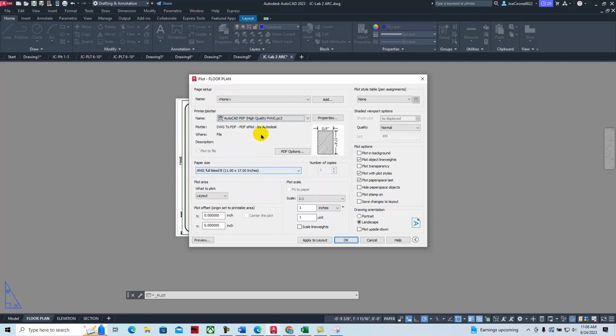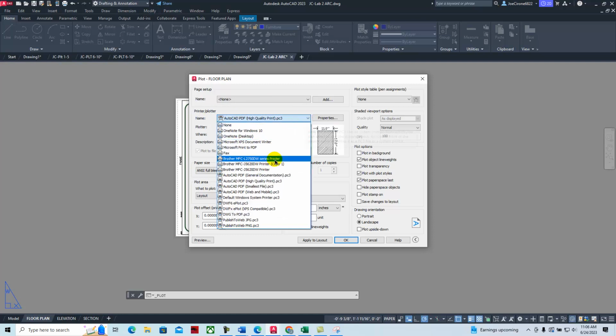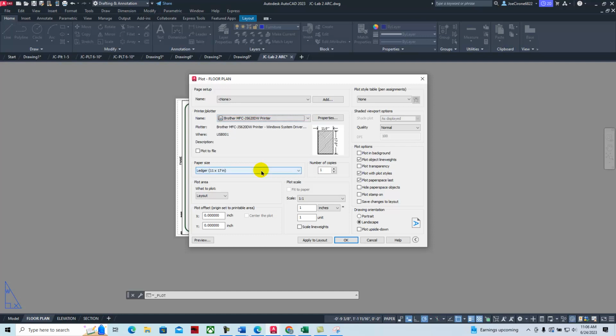And then what it allows us to do is to set up our output device. And so our output device is a PDF printer right here. We could certainly set it up if you have a plotter to print to, like my brother, a multifunction plotter. I could set it to that to print that up. And if I were to set up to an actual printing device, then I get the paper sizes that are available for printing. And so I can say, okay, go ahead, print that, print it to a layout, and what we'll do is we will then preview it,